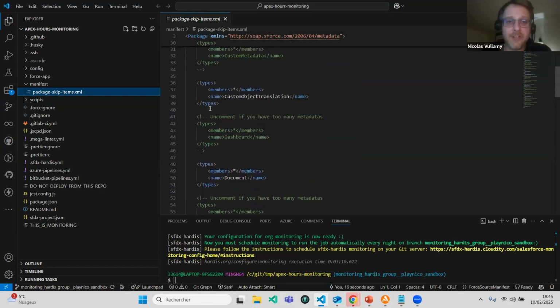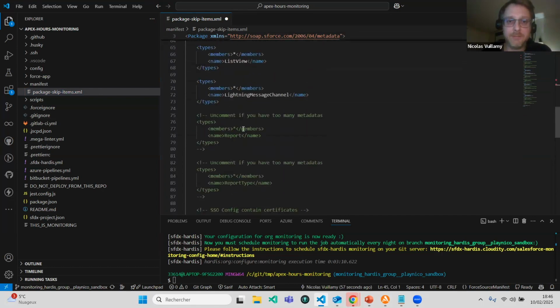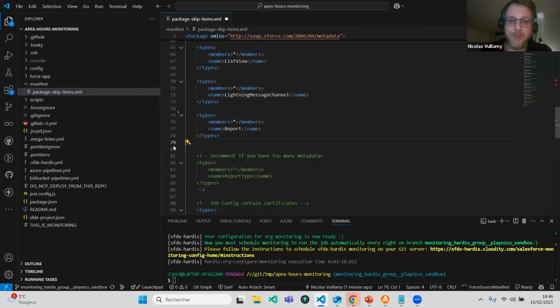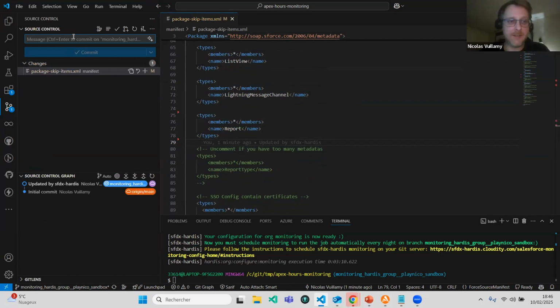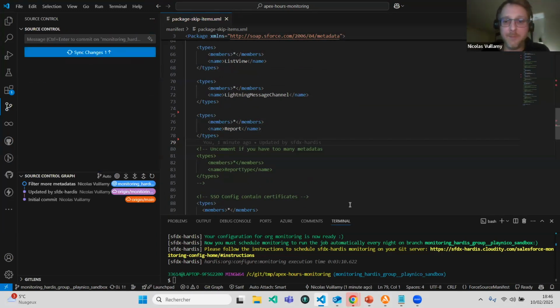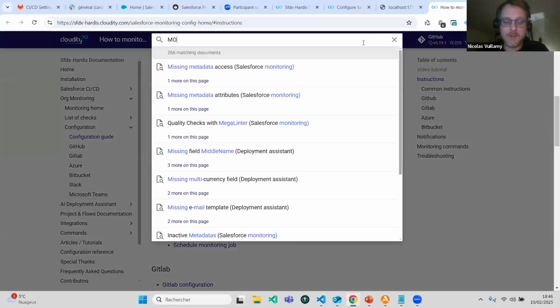But I can also say, I don't want dashboards, and I don't want reports. It will also help me for the demo because it will be faster. So now I will add filter more metadata. I commit, and before pushing, just for the demo, I will